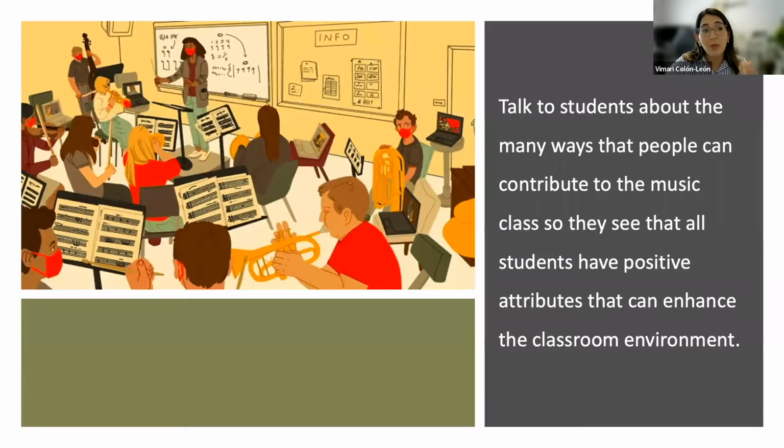Right. And we want to make sure that we always point out how each student has something to contribute to the music classroom. There are many ways in which we can help and teach students. We are the model. So we are modeling in the music classroom things that we want to see in the outside world.